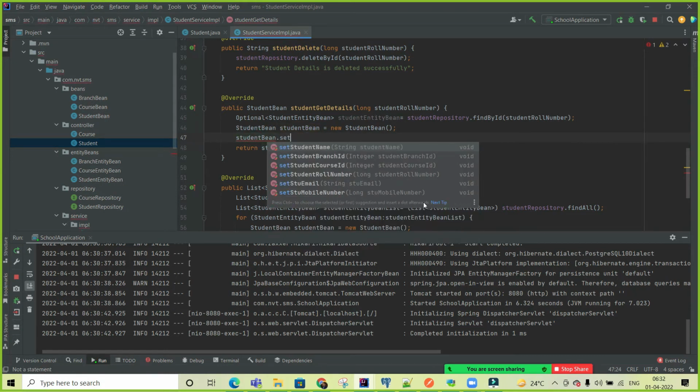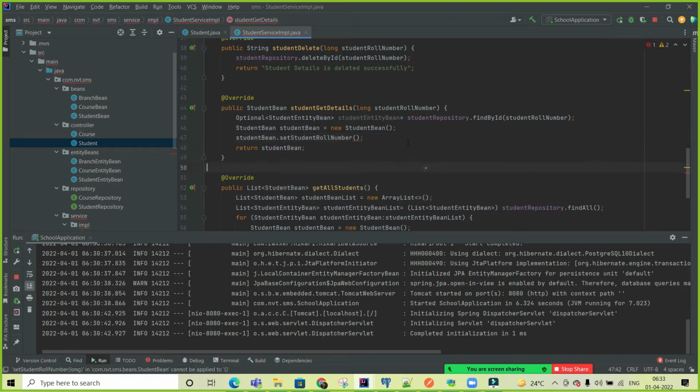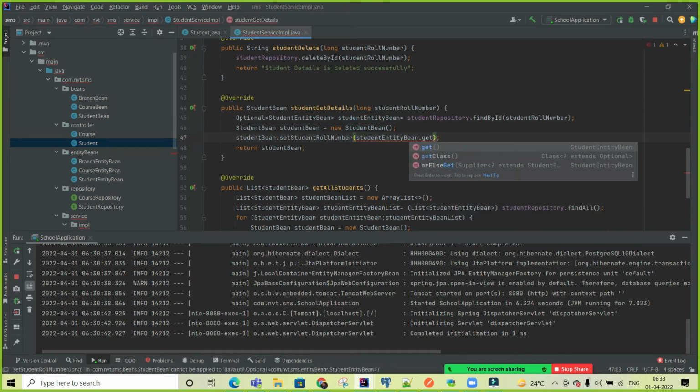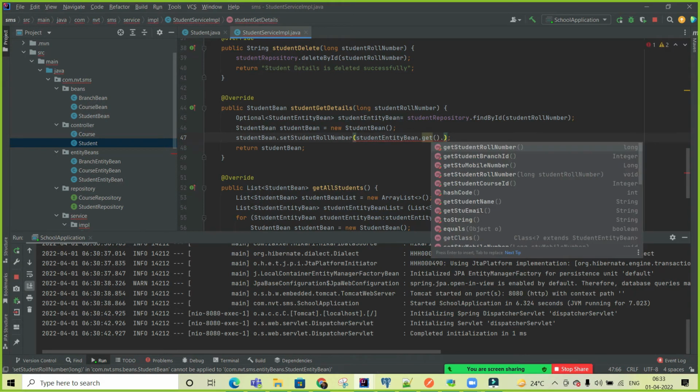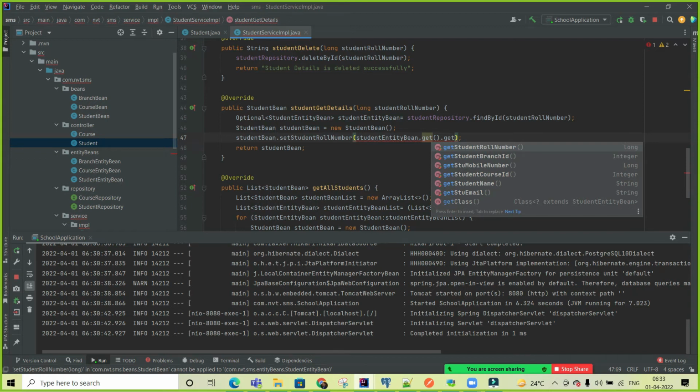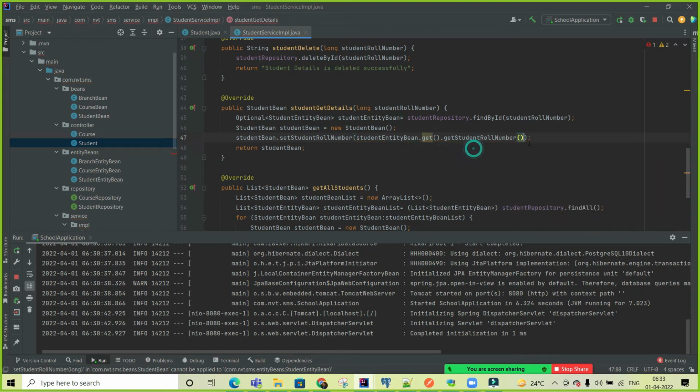In this case, student dot set the roll number, and what you will set is the entity bean dot get. Student entity bean dot get class. Let me check if it works. It extends the student entity bean. Or let me remove this one. Okay, that should work.